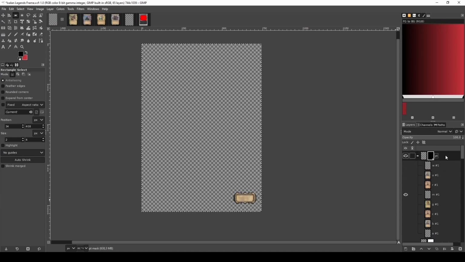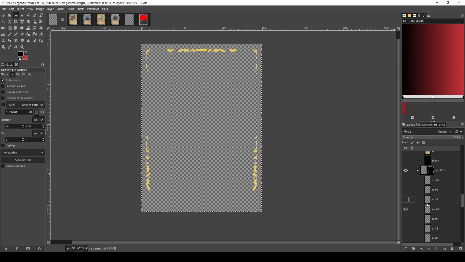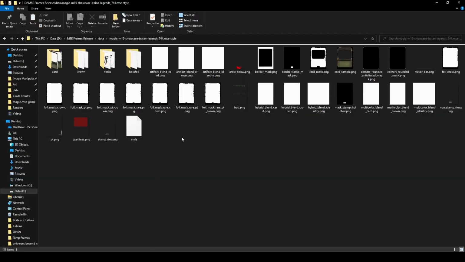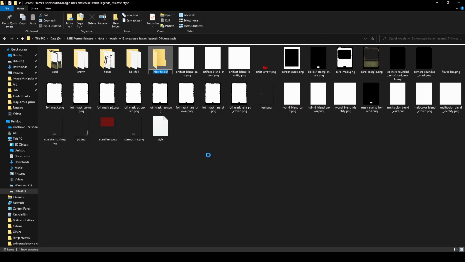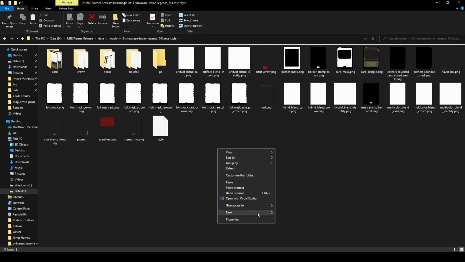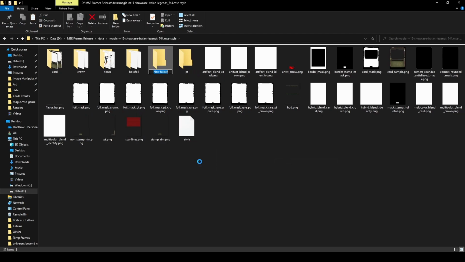So for this frame, it's going to be the PT, the crown, the card itself, and there's also these motifs that I extracted, which also have a version for each, and I made 3 of them. So for each of these elements, I'm gonna create a folder that's gonna house all the different variations. So we already have card and crown, we need PT,